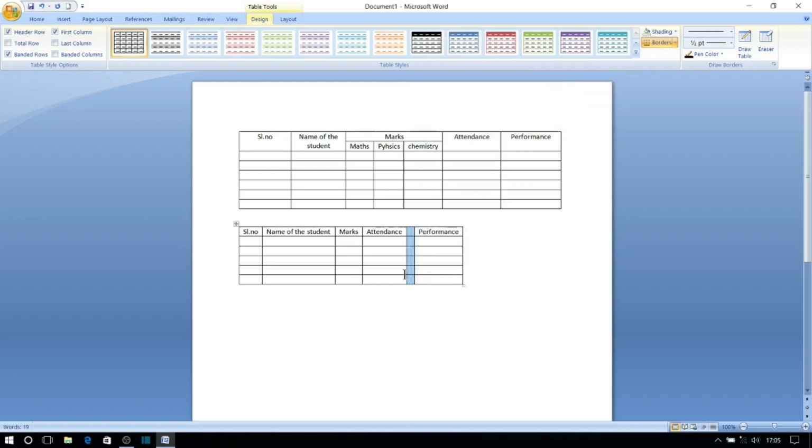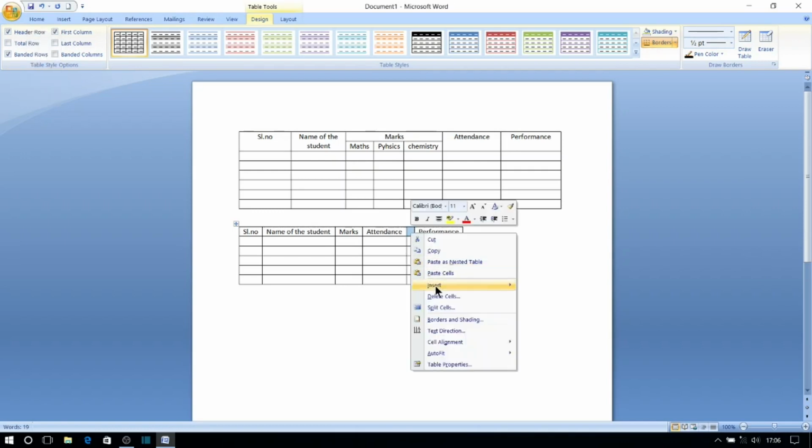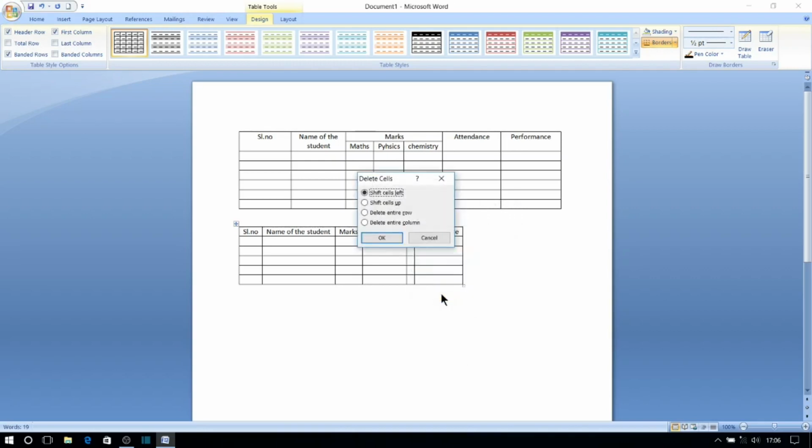Now you see we have a small column. It will look smaller, but when we enter some data, it will automatically expand to fit the contents we have typed. The same way we can delete this column also using the same option. Go to the delete cells and select the entire column, give OK, the column will disappear.